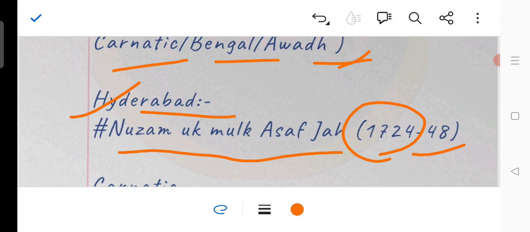As Nizam ul Mulk left Farrukhsiyar, he was the Wazir and a very good administrator, but he left because of court politics. Farrukhsiyar was fickle-minded and of a very suspicious nature, so he always used to have suspicion against him. These things were not liked by Nizam ul Mulk. Then he left